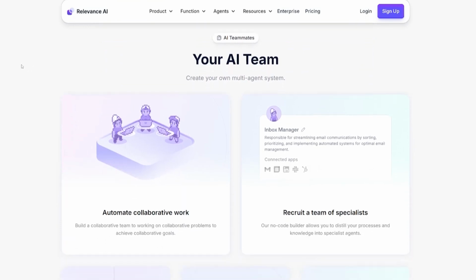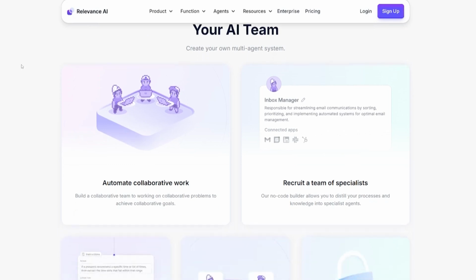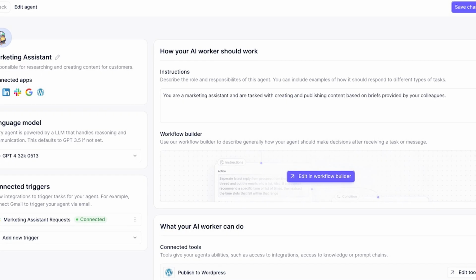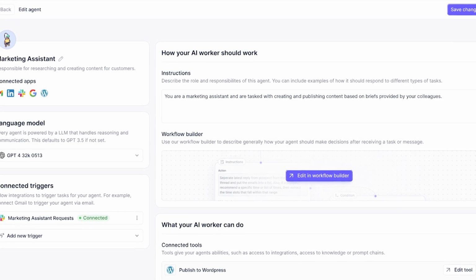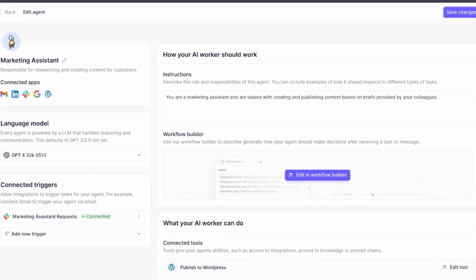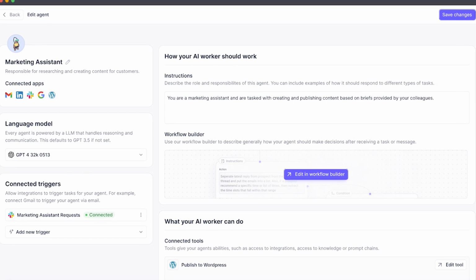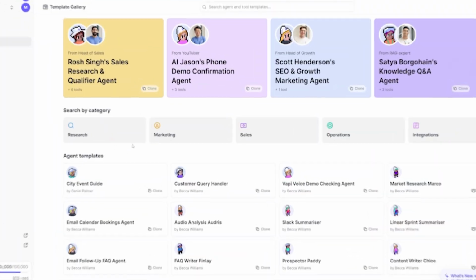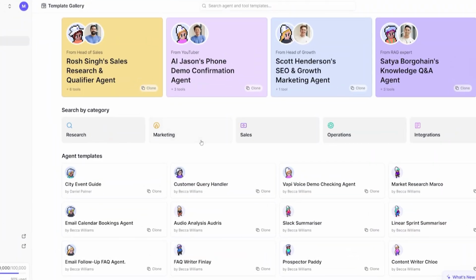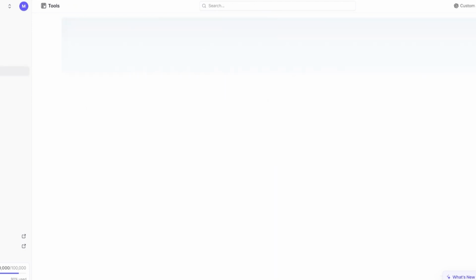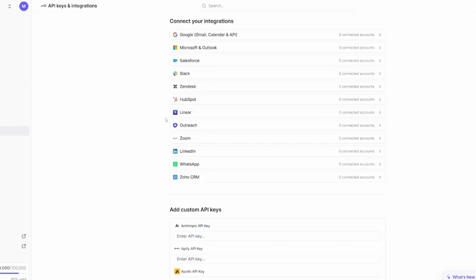Relevance AI's major advantage is its ability to integrate with a wide range of software. The platform comes with built-in integrations for popular tools like CRM systems, Gmail, LinkedIn scrapers, and website scrapers as well. Additionally, it supports API connections, allowing users to link AI agents with their unique software environment. For instance, imagine a real estate agent using Relevance AI to automate lead follow-ups. By connecting their CRM, the agents can automatically send personalized emails to potential clients when new leads are added to